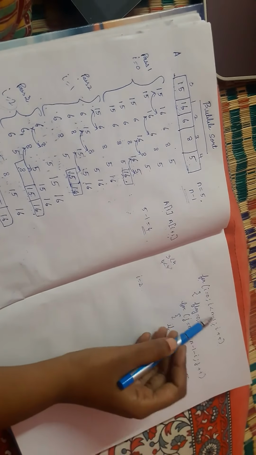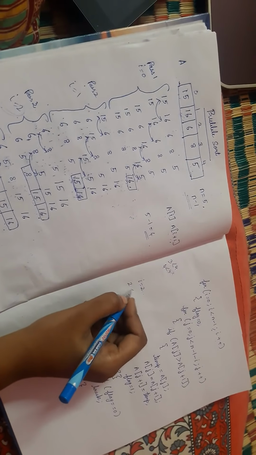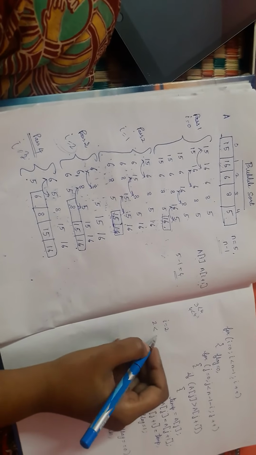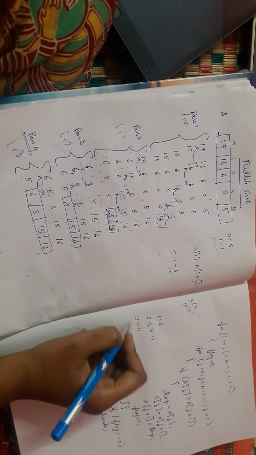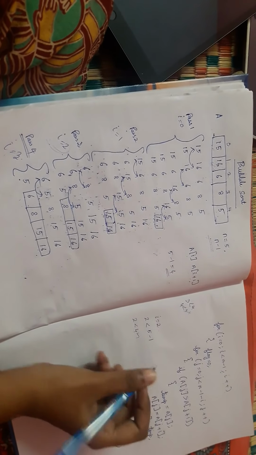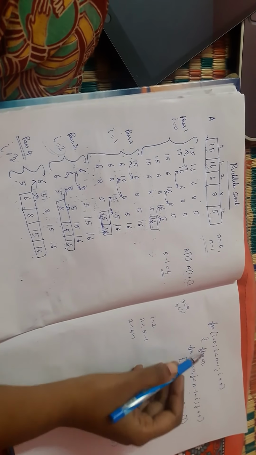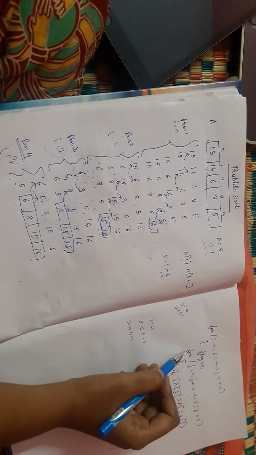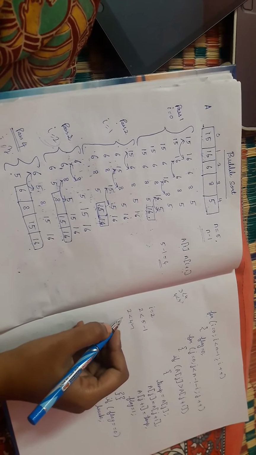Here you enter this for loop, the i value will be 2, less than n minus 1. What is the n value? n is equal to 5, 5 minus 1. So 2 less than 4. Is this condition true? Yes. So we are going to increment and enter this loop. We set flag is equal to 0, and we enter the loop for j is equal to 0.